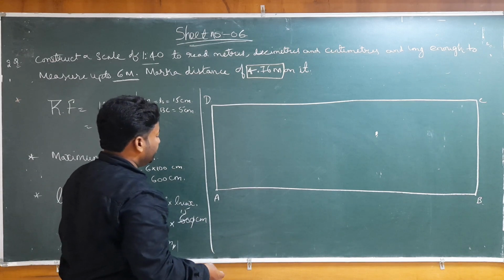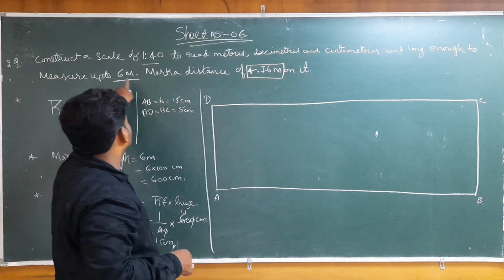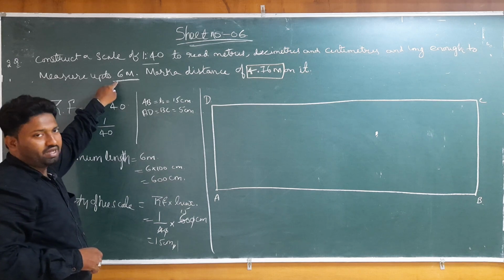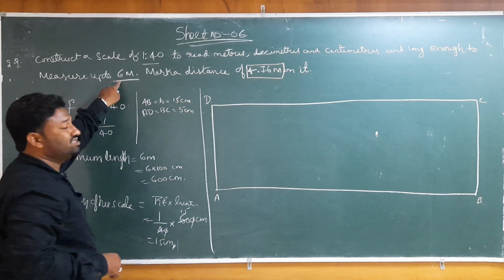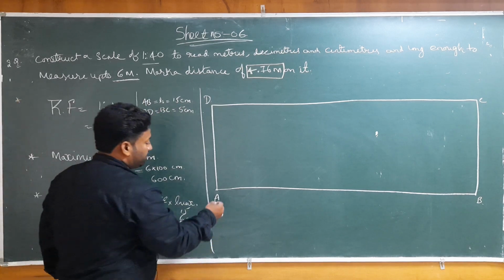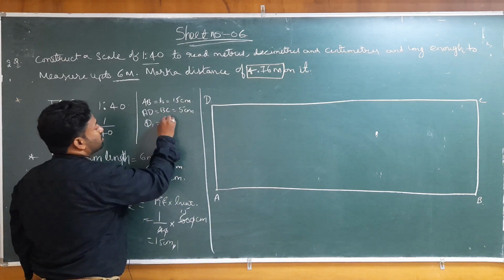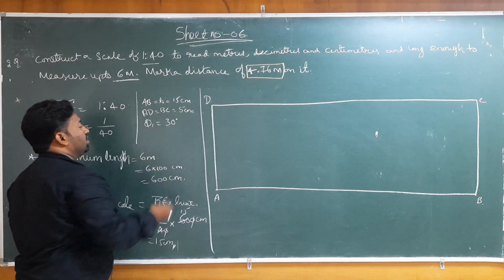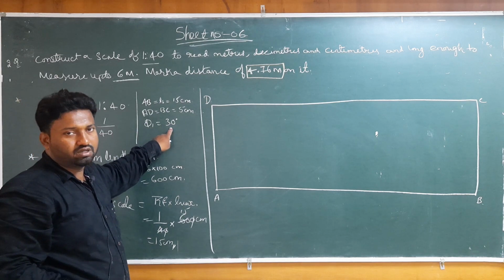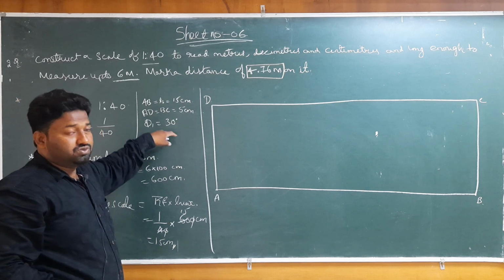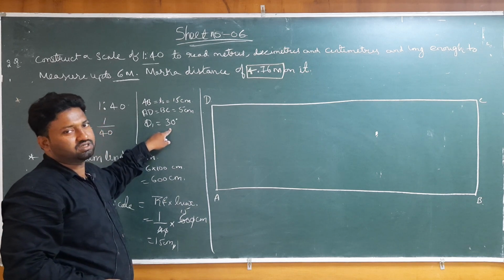Next, we have to divide the length of the scale into equal divisions equal to the maximum length. We have to divide AB, that is 15 centimeters, into 6 equal divisions. For that, we draw an inclined line making an angle theta 1 equal to 30 degrees. Theta 1 should be greater than 0 and less than 90 degrees, of our choice, but because we have to draw another inclined line to represent the subunit, the first one I am taking as theta 1 equal to 30 degrees.